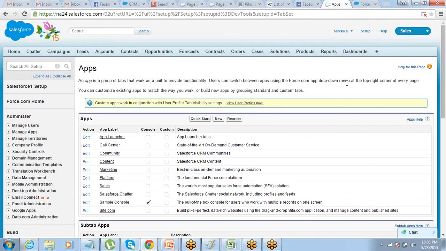But the same thing is not applicable for apps. If you see, the moment you've deleted apps, it's gone. It's not there anymore. All right? Because an app is just a user interface. Why is there a difference between an app and an object, and what is the difference? An app is just a user interface, just a screen. Even if you delete it by mistake, it does not take any data along with it. Got it? It takes you 2 minutes to create that app once again. Even if you delete it by mistake, you can just invest 2 minutes and create it again.